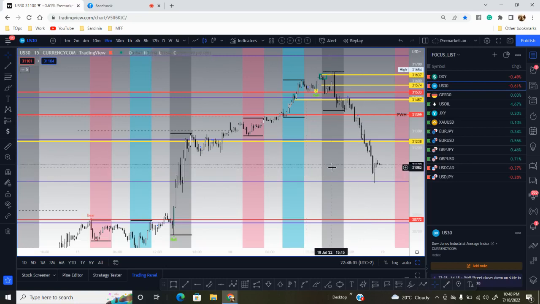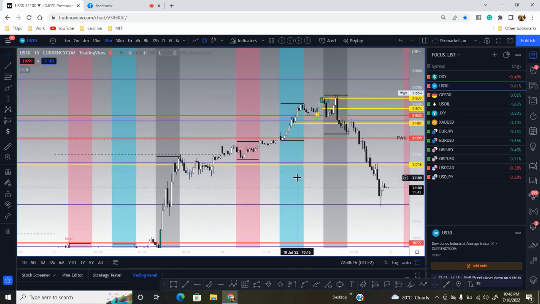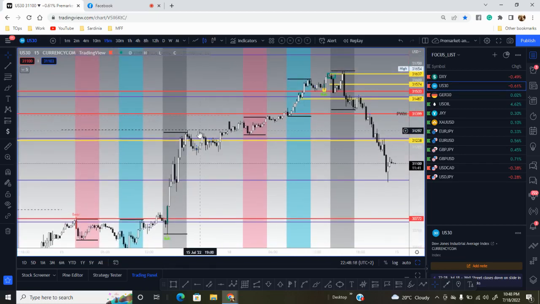At usually dyan din nangyayari yung establishment ng high of the day or low of the day or high of the session, low of the session. So, ngayon, tingnan natin kung ano nangyari kay US 30. So, mapapansin nyo na ito, yung black na yan, is the previous day high. At nandito rin yung previous week high, PWH.